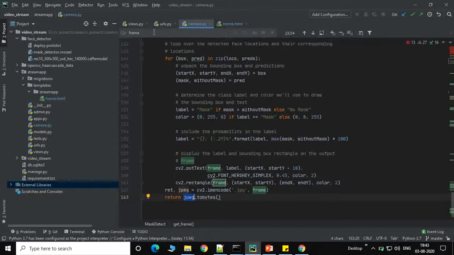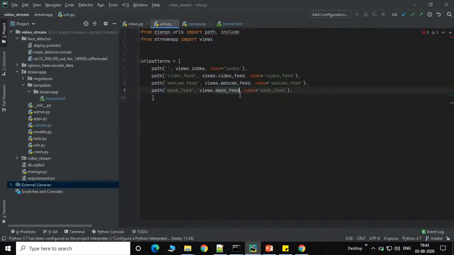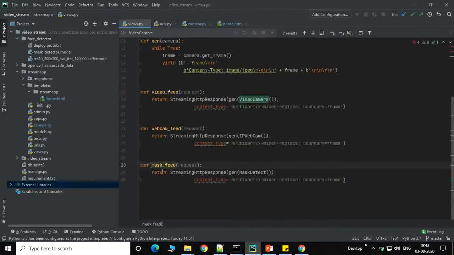Now we move to creating one URL as mask feed. Actually, in Django, whenever you call any HTML file, at that time we require one URL file. That's why we use mask feed. The mask view feed function we created. If you go to that function, here is the mask feed, the request, it is a streaming HTTP response, and we get the MaskDetect class.